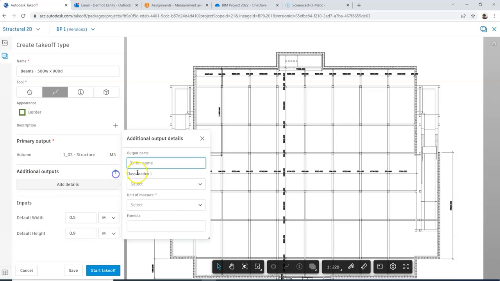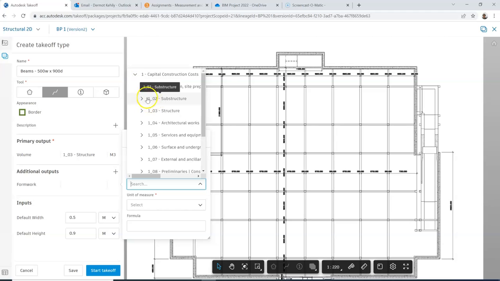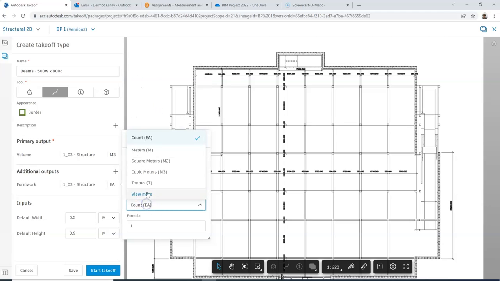So additional output, that's obviously what I'm really looking for. Additional output, let's measure formwork. And then classification, keep it the same class. I said the two levels, one level, two levels. Meters squared now. Now it wants to multiply distance by height, and that's not necessarily what I'm looking for in